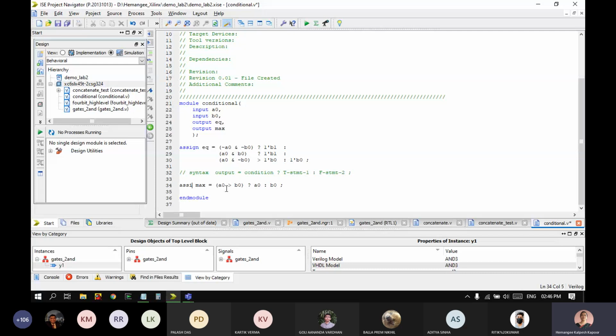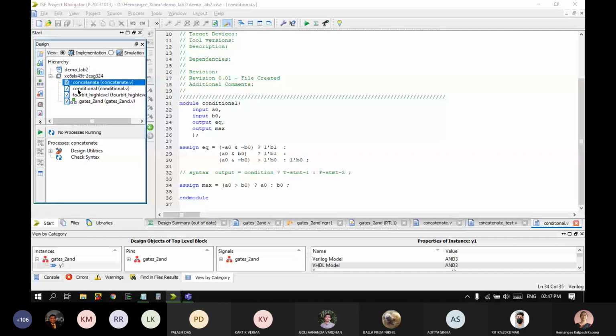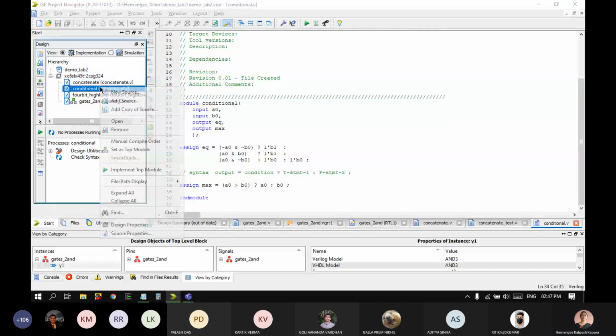Here we are not going to see the waveform. We'll just try to synthesize this design. So I'll go to the implementation tab, make the conditional module as my top module, set as top module, and then synthesize RTL.